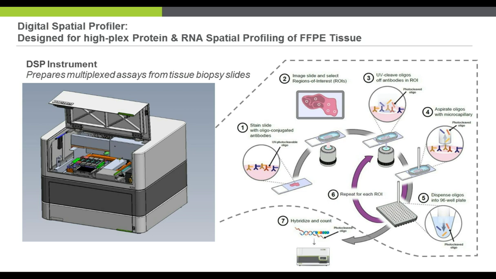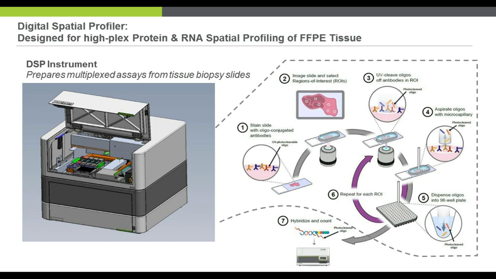These are the detailed operations that I showed you schematically and described just previously. There's your microscope slide in the center. You shine the light up. That will be step number 2. The barcodes come off the backs of the antibodies. They're drawn off the surface of the tissue slice with the microcapillary. That would be step 4. Those barcodes are then placed in a microtiter plate that sits right in the center of the instrument you see to your left, the digital spatial profiler. And then those photocleaved oligonucleotides are dropped in, say, position A1 of a microtiter plate.